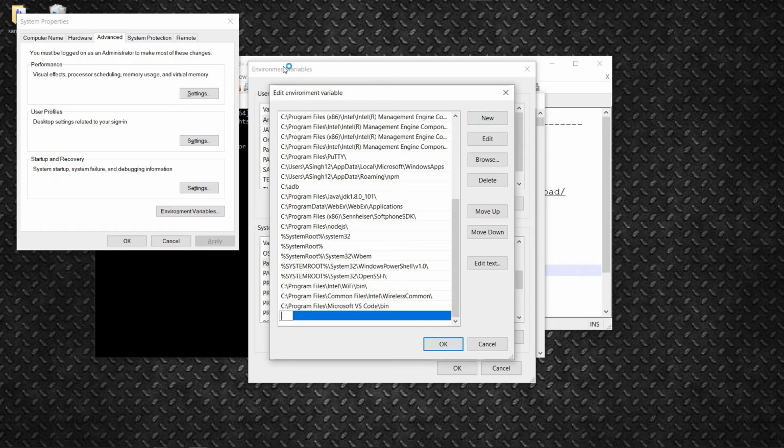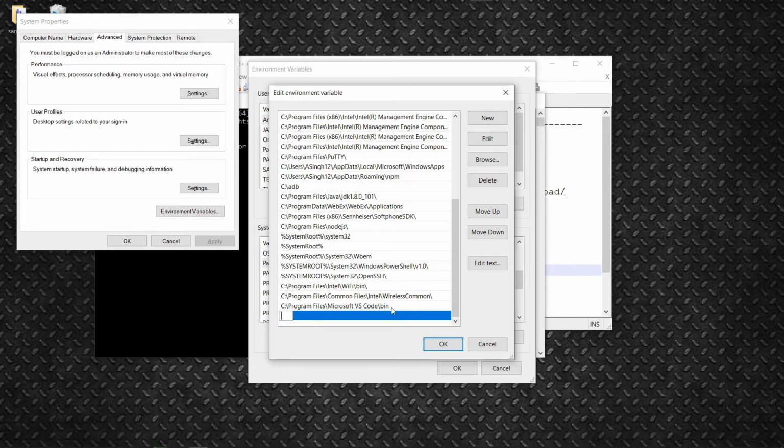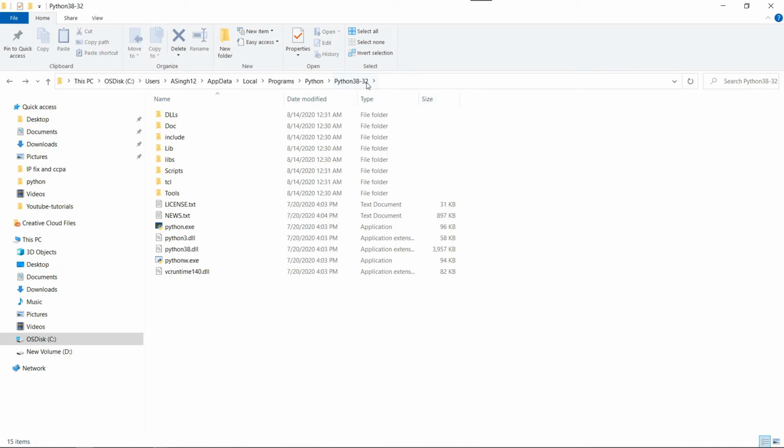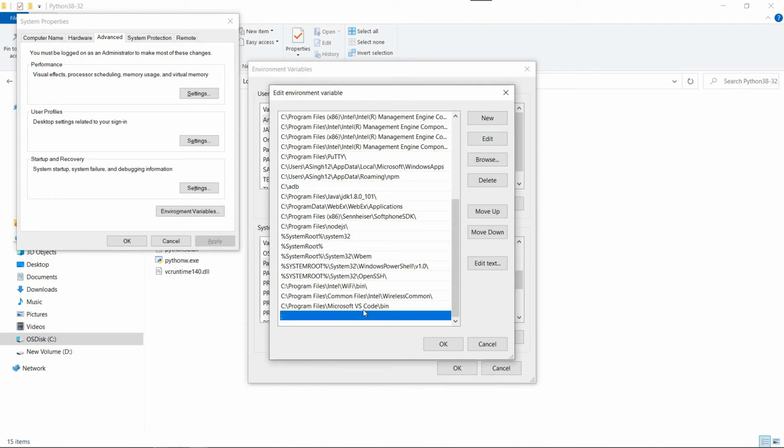this is the new user interface of Windows. However, in the older versions, you can also click on add, and you'll get a long string where you can find multiple paths available. So what you can do is add a semicolon over there and then add the path, the address of the path where the Python binary is placed. So we are going to copy this and add this into our system path variable. Okay, so we are going to insert this.